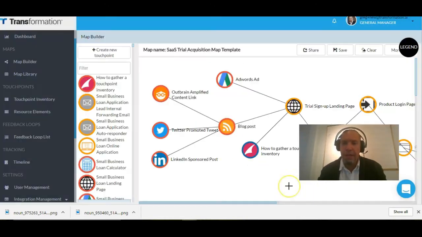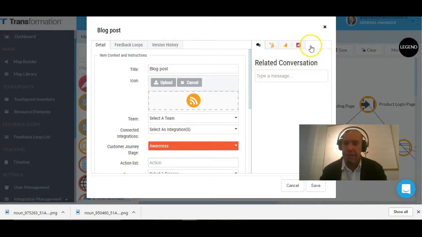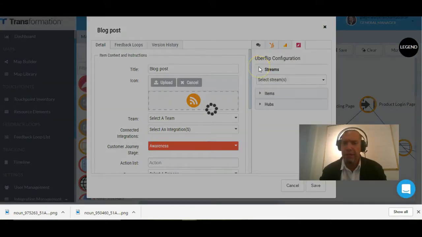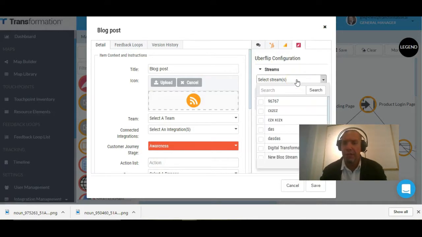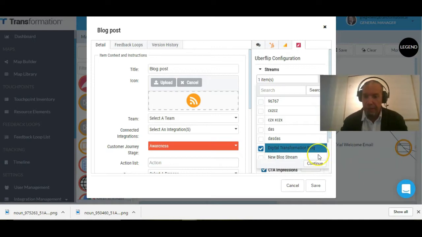However, let's say I have a touch point that is not coming from Uberflip. I didn't generate it from Uberflip, but I want to associate Uberflip data with that touch point. I can just click on that, and I have this tab over here in any touch point, the Uberflip tab. And here I can select streams from my account and associate them. So I can come in here, select that one. I can then continue,